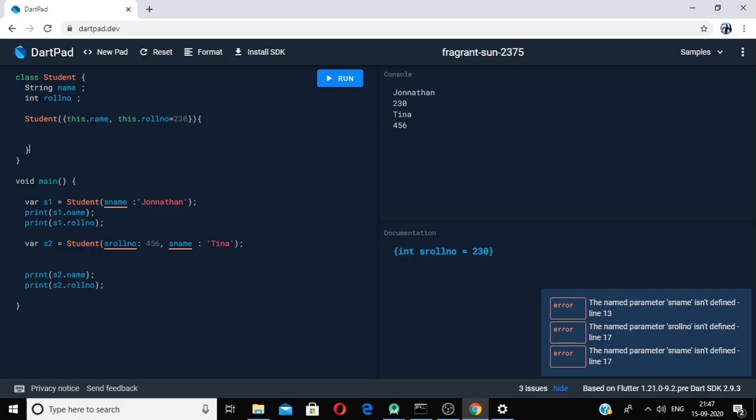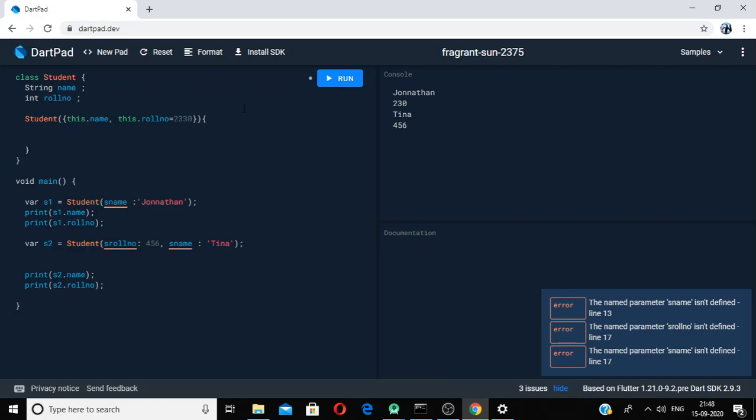This tells the compiler that the variable mentioned here is this variable. And if we run the same thing here, it will give us the same value.